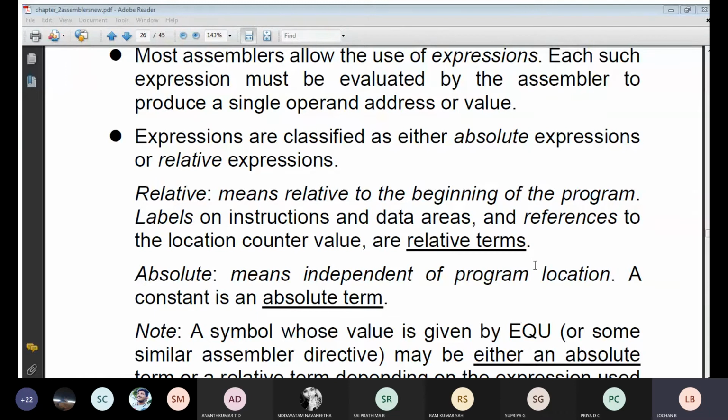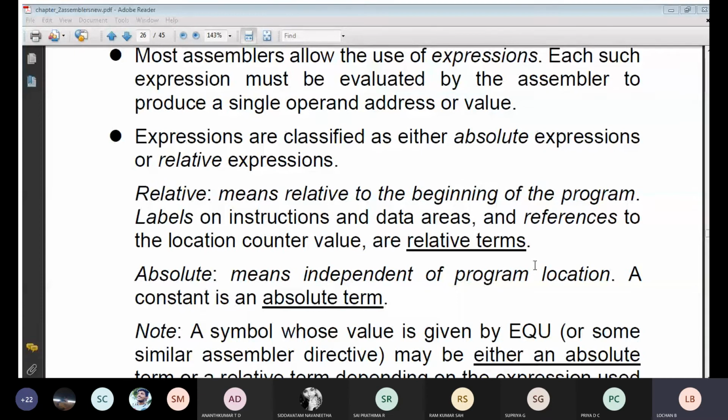Okay. So expressions, for what purpose will I be using an expression? To evaluate, an assembler has to produce single operand values, or single operand addresses. For example, I'm going to give the value a. A is nothing but a single operand, so we will be performing the operation only with respect to a. We will not take b, we will not take c. If you take a, b, we will be taking binary. If you pass more than one pass, we used to call it a multi-pass assembler. All that theory we will be discussing in the further class.